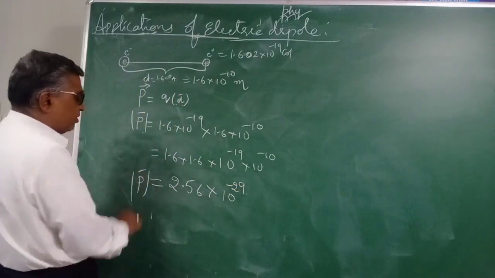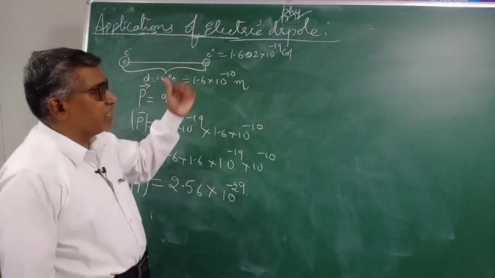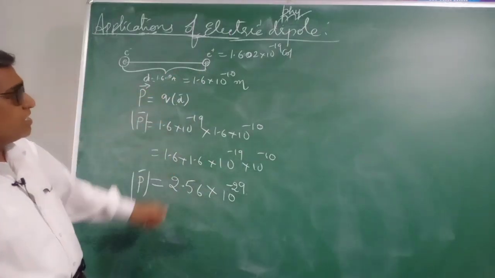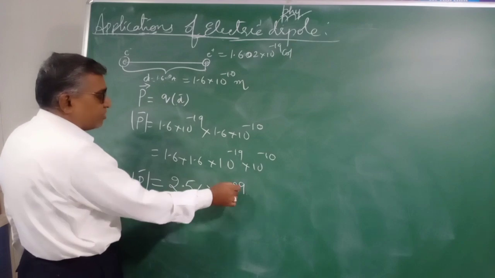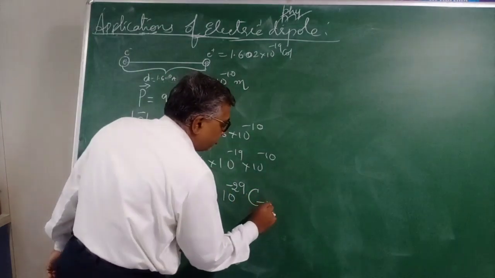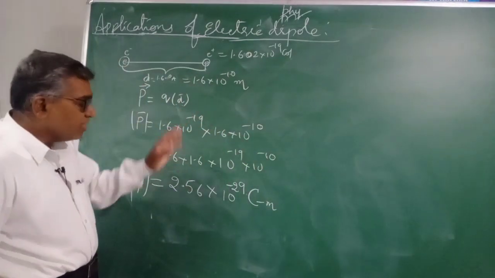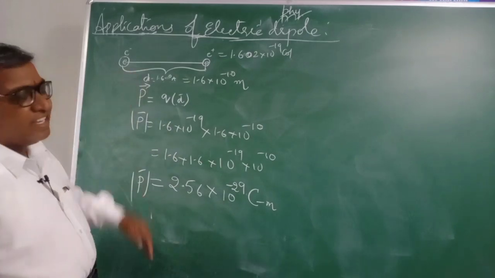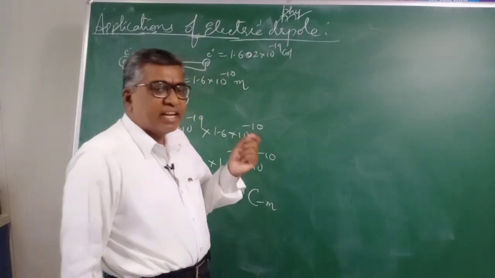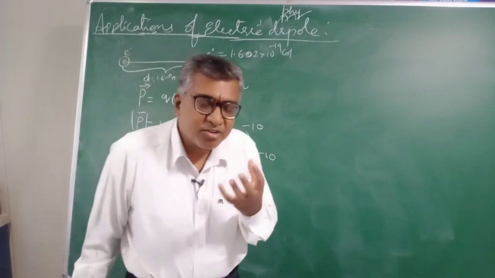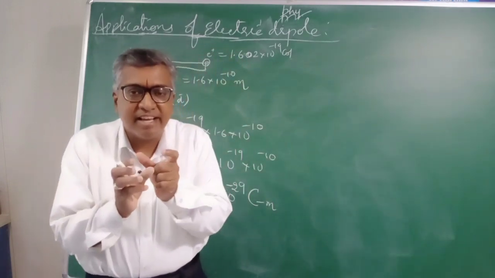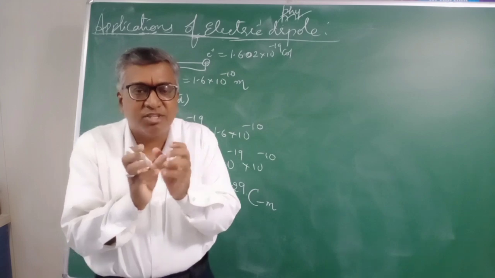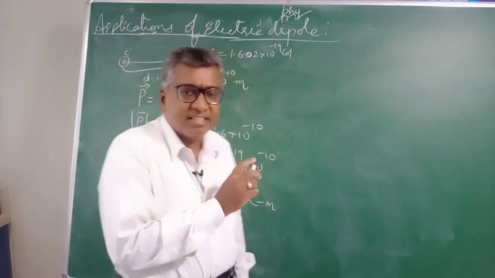So the dipole moment of the combination of an electron and a proton separated by a distance of 1.6 angstrom is 2.56 × 10^-19 coulomb meter. Now we have taken the example as an electron and a proton. Instead of electron and proton, suppose he gives you a molecule of a singly ionized positive ion and a singly ionized negative ion,